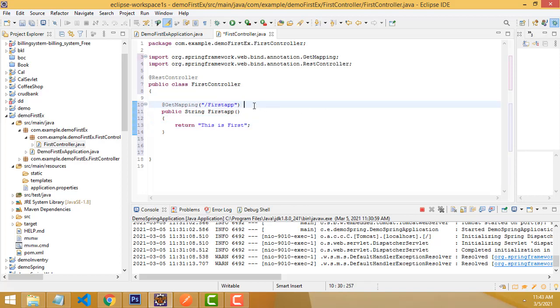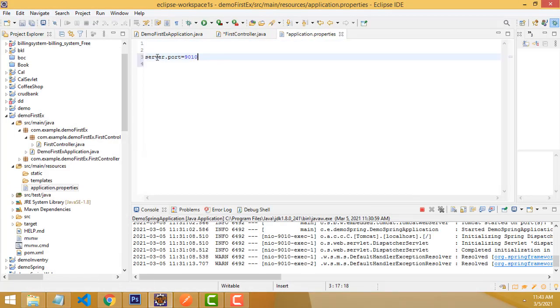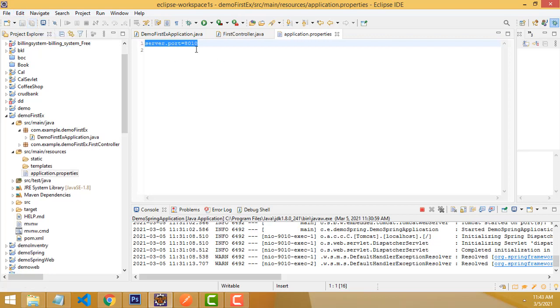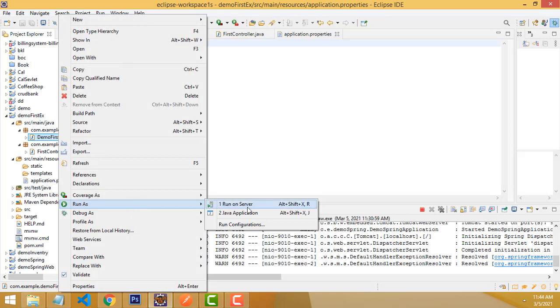It's localhost, the port we have to set. So the task is to go to application.properties inside the project, right? Here we will be able to set the port, right? So what port are you setting? You have to write server.port. I am setting the port as any port, I just give one, right? So when you run the application, save first; before running the application you must save the whole project. After that select this one, demo first application, this is your main method. Here this is your controller, this is the main method. You have to select the main method, Run Java Application.